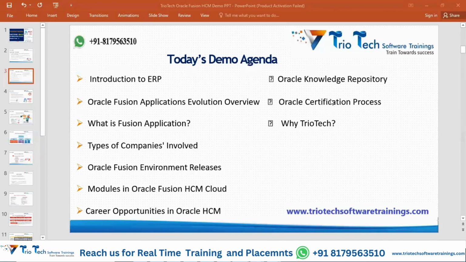Okay. Then I will introduce to you today the Fusion applications, team. We will try to log in to the system and we will see some basic features with respect to the system, team. Okay. So to start with, team, Oracle Knowledge Repository,